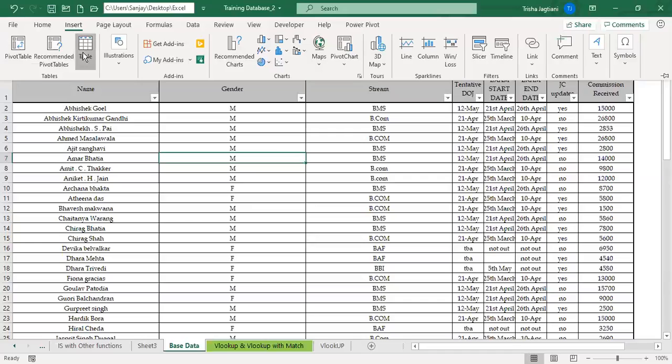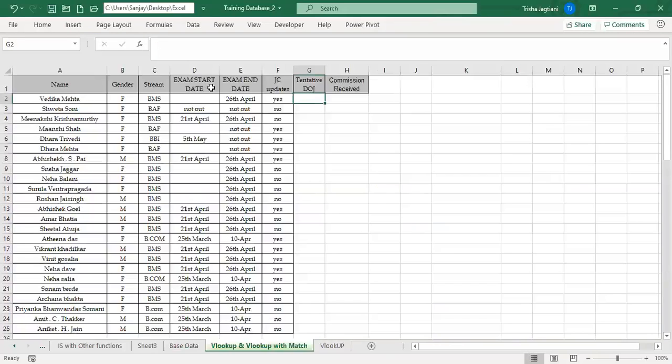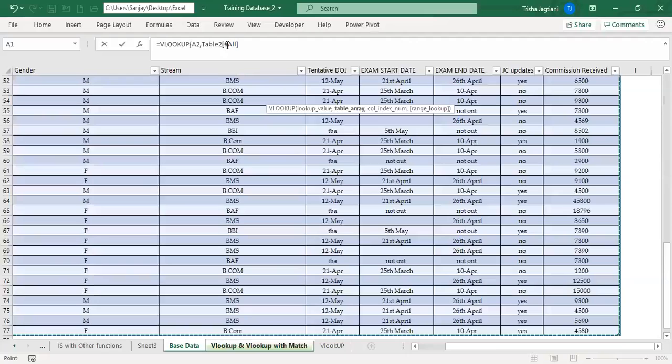Once I insert the table, as we are already aware, this becomes dynamic. Now when I do a VLOOKUP function in any of these cells, looking for the first student name, here when I'm selecting the whole database, it will say table 2 because we have not changed the name of the table.